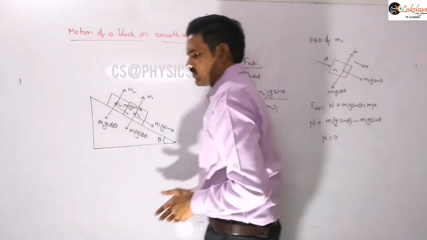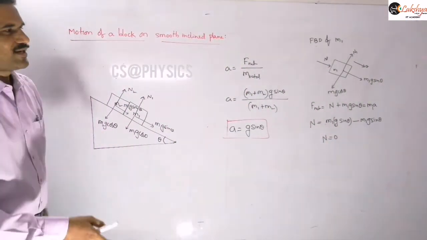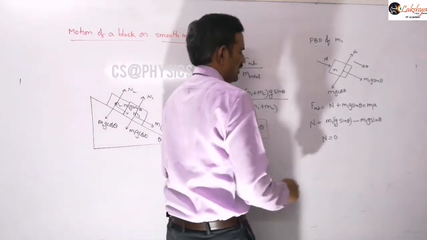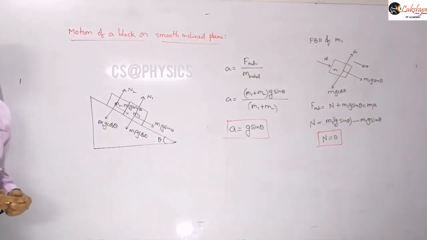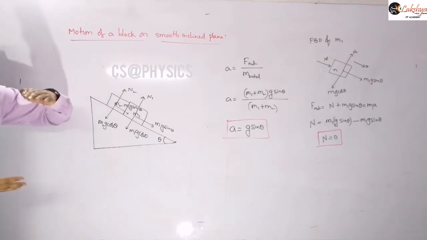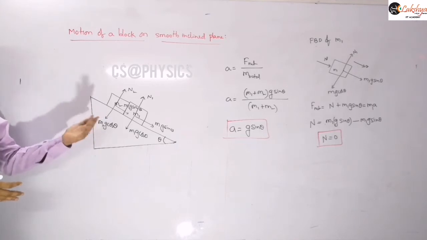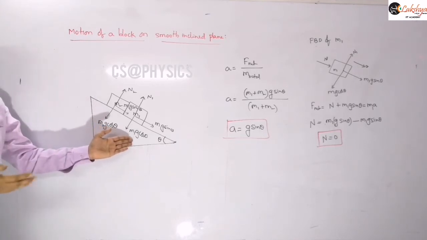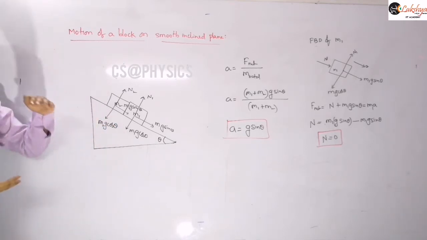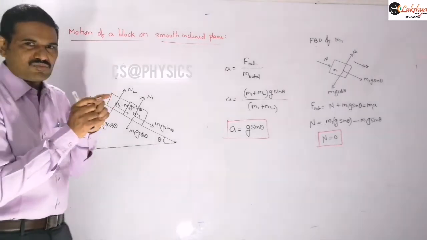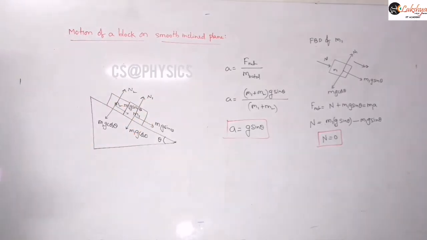So that means if any two blocks are kept in contact and they are sliding down here, you can answer that easily. There is no contact force between those two blocks, because all the blocks move down with the same acceleration, whether the masses are m1 or m2 or two or more blocks placed in contact with each other. But the normal reaction from the inclined plane will be there, and that will be different for different blocks, depending on their masses, m1g cos theta or m2g cos theta. That is the normal reaction from the floor, but the normal reaction between the blocks is 0. So mention that point there.